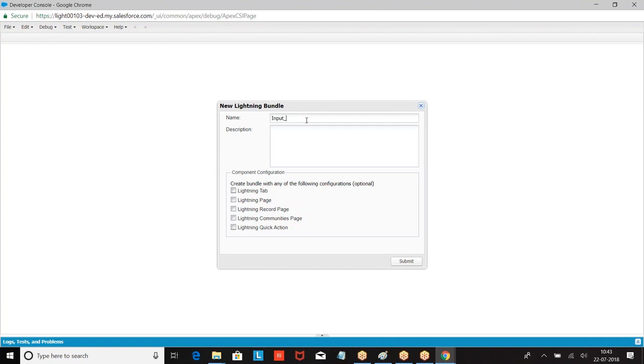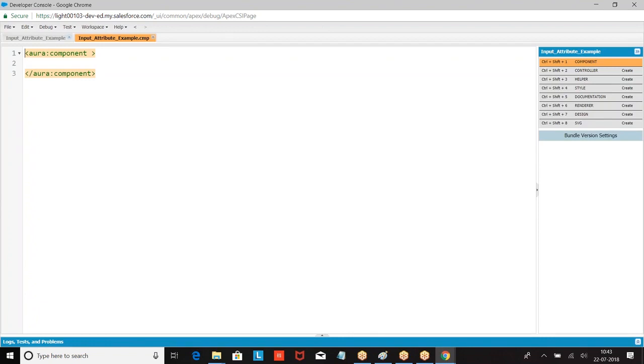Input, right. So how do you define the attributes? How do you define the attributes? So look at this. aura attribute, font, aura attribute name,